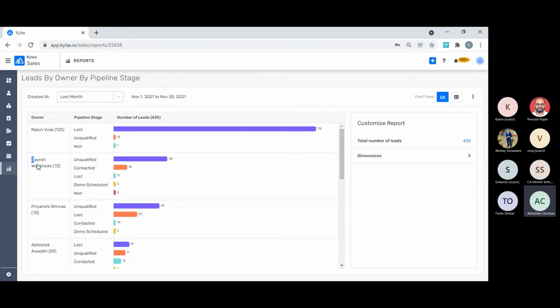Similarly, for Mr. Jayesh Wankhede, unqualified leads are 38, contacted leads are 18, lost leads are 11. 3 leads are in the demo scheduled state, which is one of our pipeline stages, and 2 leads are in one more stage. Okay, so at a time I can see detailed data of leads by owner by pipeline stage.